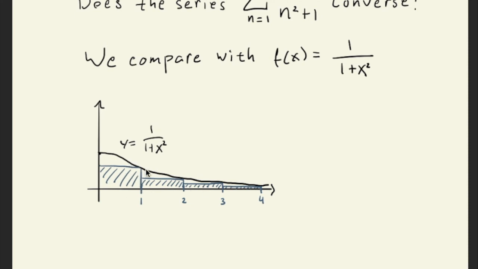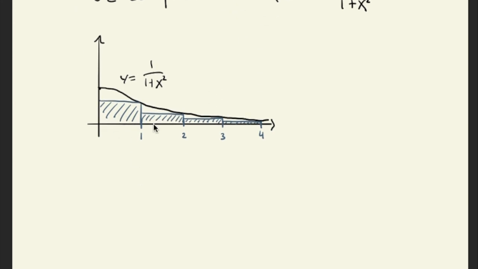Remember that before I was like, don't integrate from 0 because there's infinite area from 0 to 1, and that would mess you up. Well, now that's not the case. There's finite area here, so you can actually compare from 0 all the way to infinity. Okay, so this series, the areas of the area of rectangles,